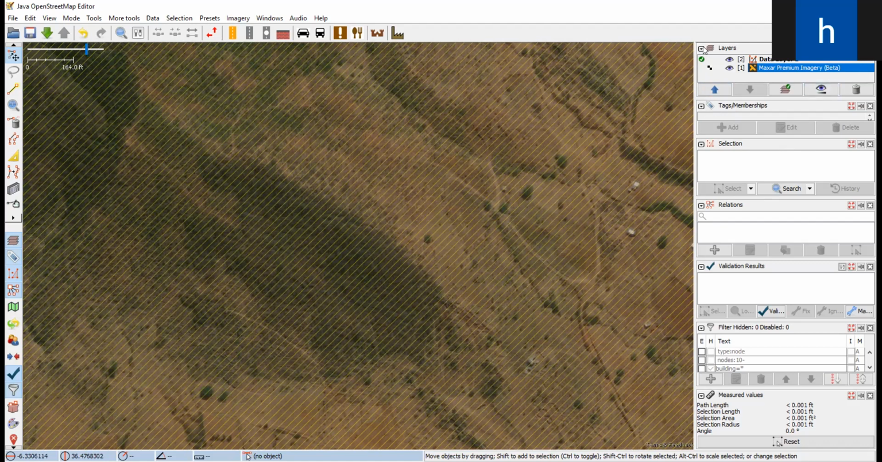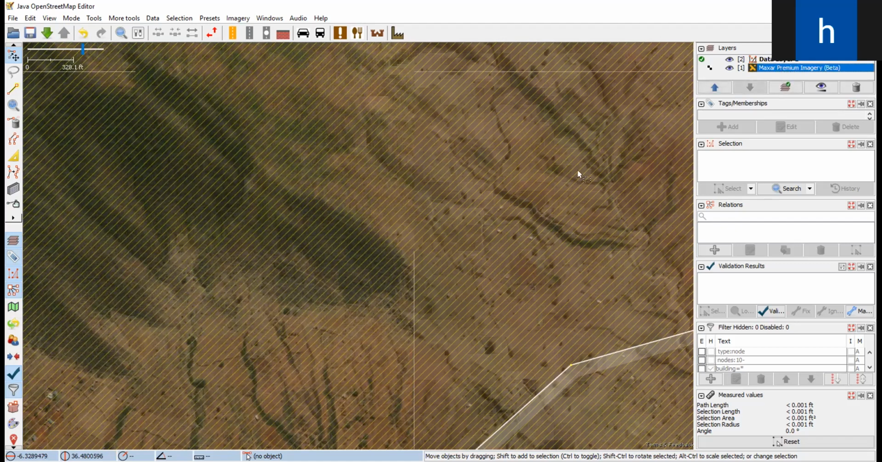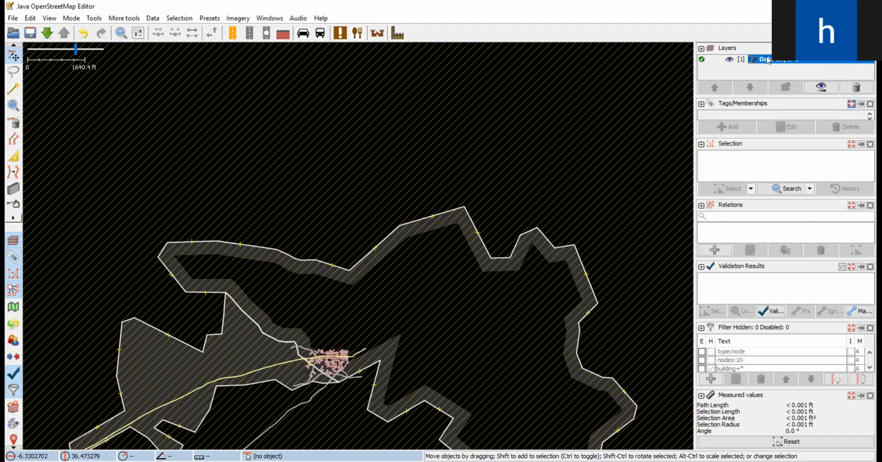Into the panel here, as you can see, we have the layer panel. This is where your layers are going to be displayed. As you can see, now we have two layers, one data layer and another for the structured image. So when we delete this, the image will disappear, and when deleting